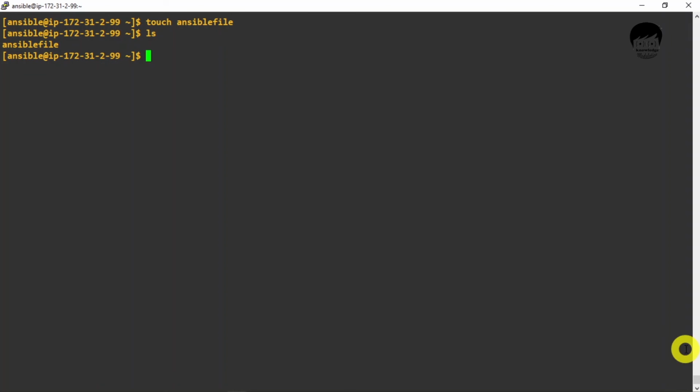Okay, we have to copy this file to our Ansible nodes. So ansible demo -b yum, and this time we will use the copy module with -a, and we will provide the destination and source address. So src is equal to ansible file